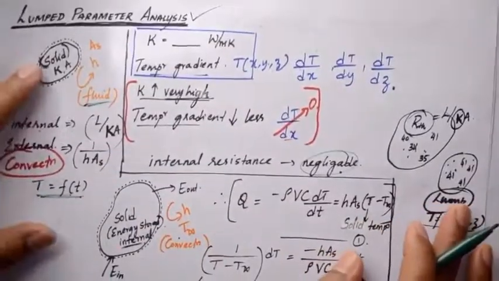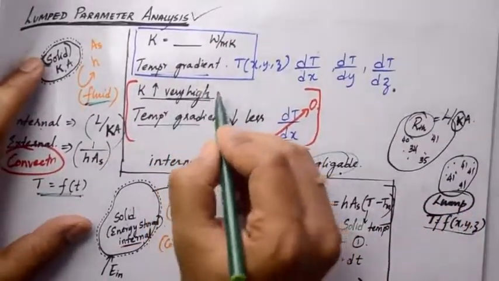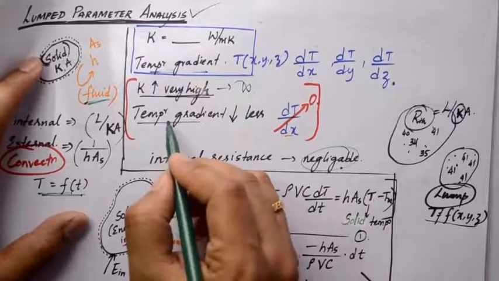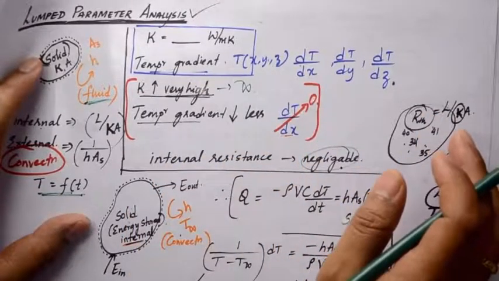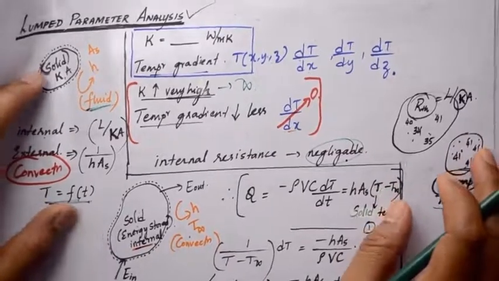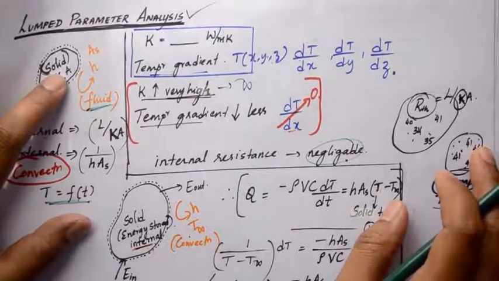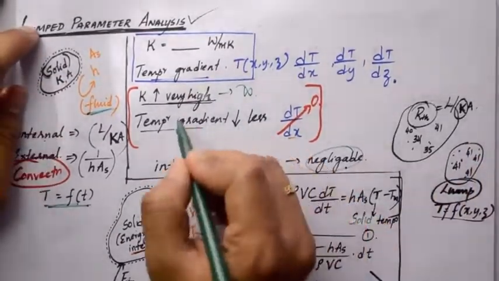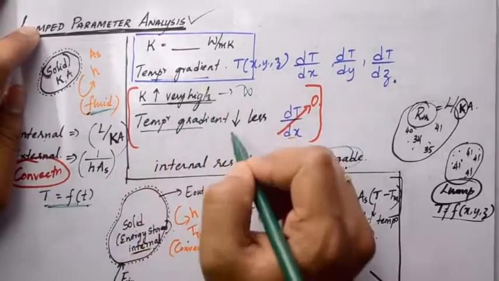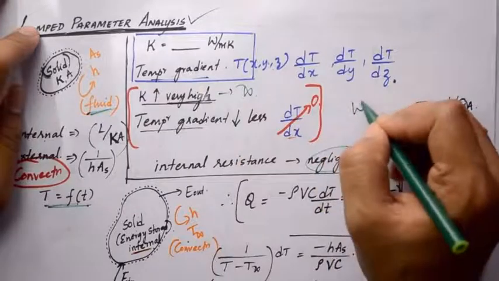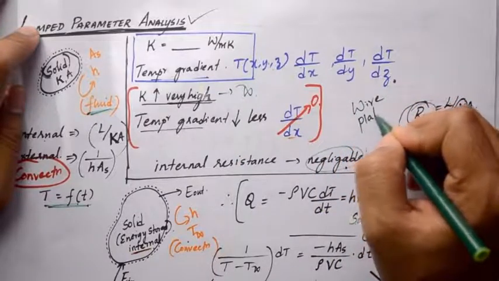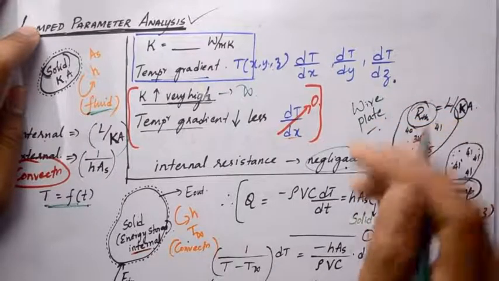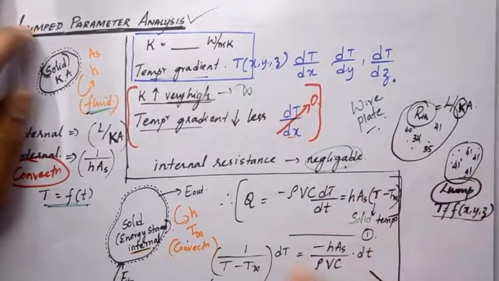Now keep one thing in mind, that the value of k can never be increased to a very high value. It can never go to infinity, practically speaking, and the temperature gradient can never become zero practically. But in most cases, particularly for cross sections where the volume is very small when compared to its surface area, we can assume a very high k value, and the temperature gradient becomes negligible. This usually happens in the case of wires or plates. These are some examples, wire, plate and so on, where you will find the surface area to be very large when compared to its volume, right?